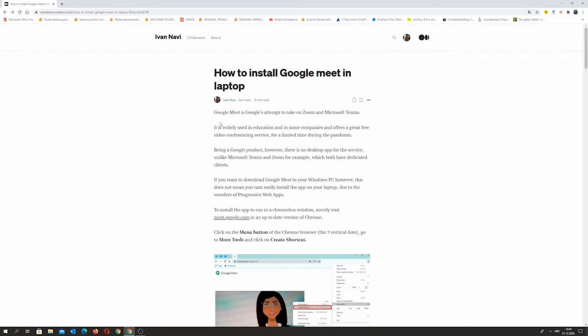So basically, Google Meet is Google's attempt to take on Zoom and Microsoft Teams. It is widely used in education and in some companies because they offer great free video conferencing services. Being a Google product, there is no desktop application for this service, unlike Microsoft Teams and Zoom, for example. But still, you can download Google Meet to your Windows PC, and I'm going to show you how you can